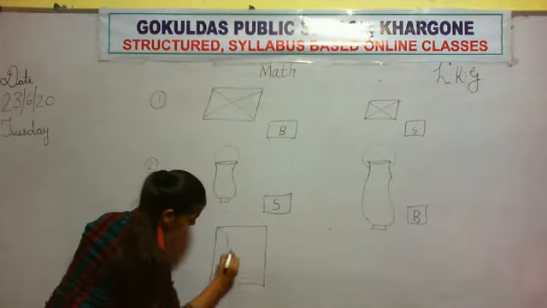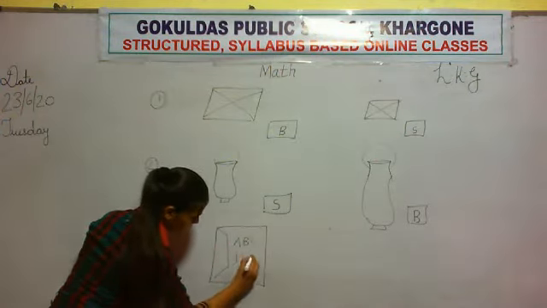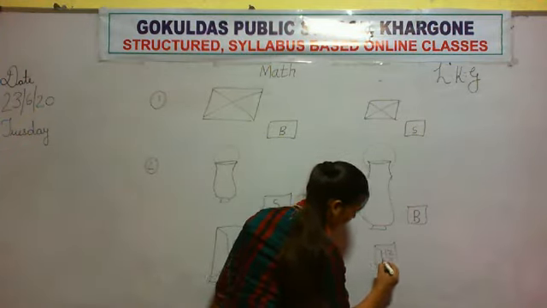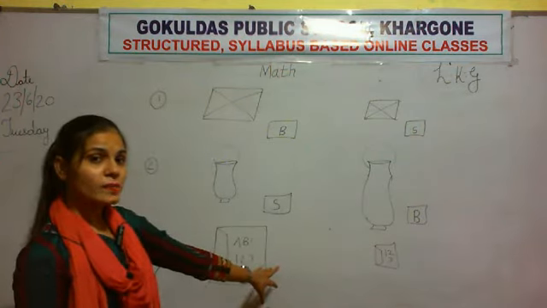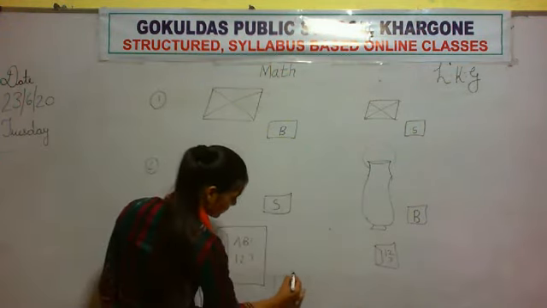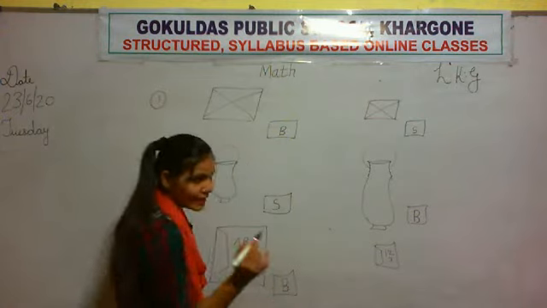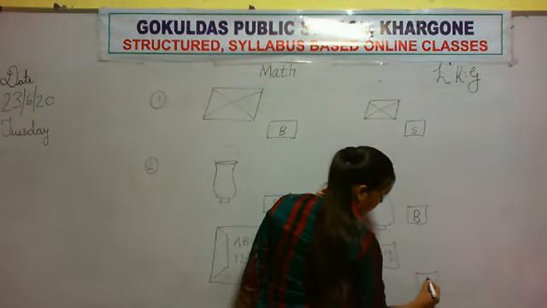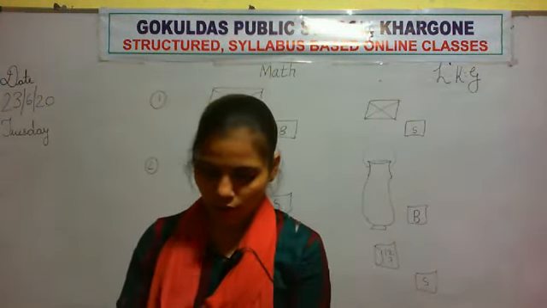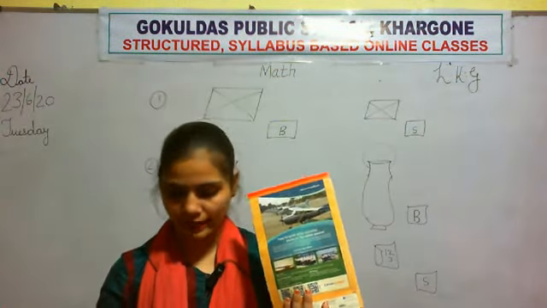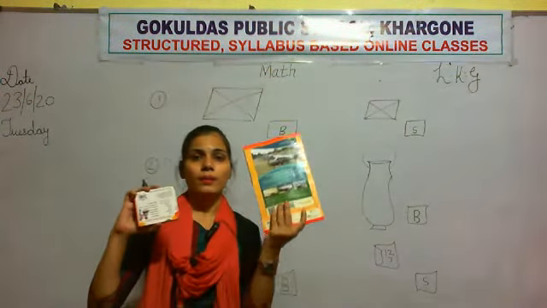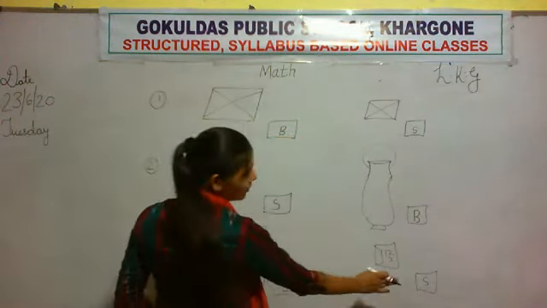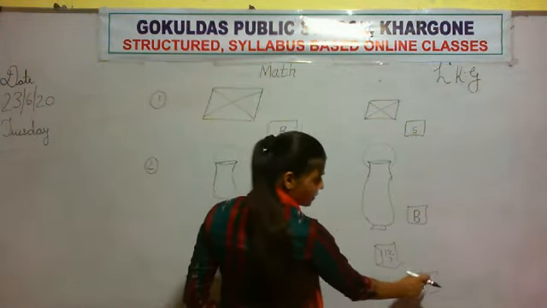Notebook. Here a small book. Okay, so which one is big and which one is small? This notebook is big, so we write here B stands for big one, and here we write small. Look here also, this one is big and this one is small. Big, small. Here also big, small. B for big, S for small.